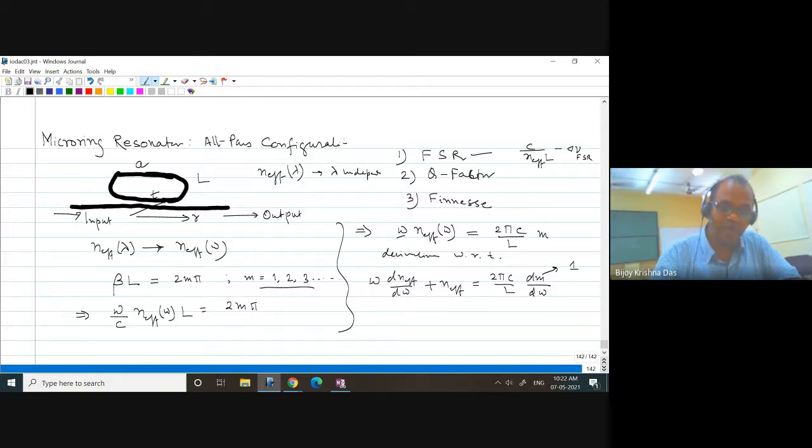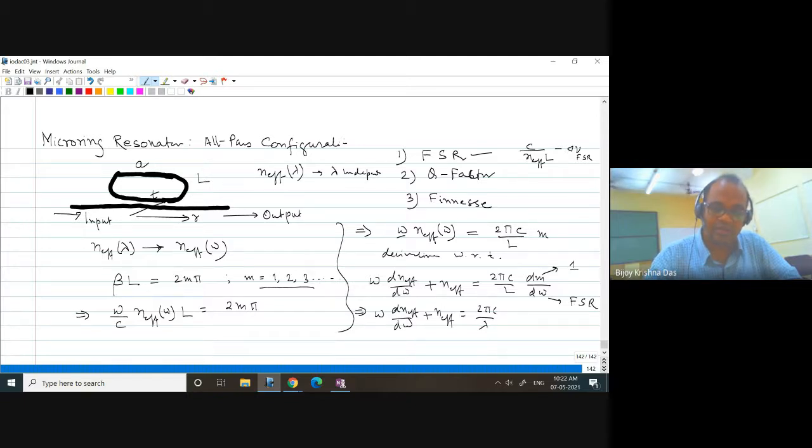With a minimum value of 1, the corresponding d omega can be considered as the FSR. Because from one resonance to another, the corresponding frequency change is the free spectral range, which is our definition. So I write omega dn effective by d omega plus n effective, equal to 2 pi c by lambda,